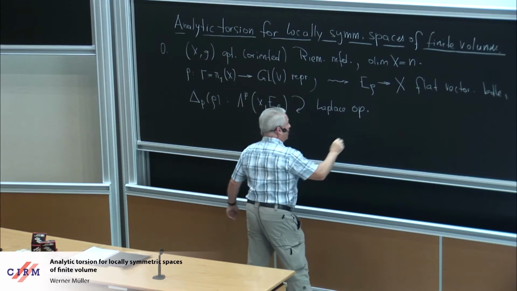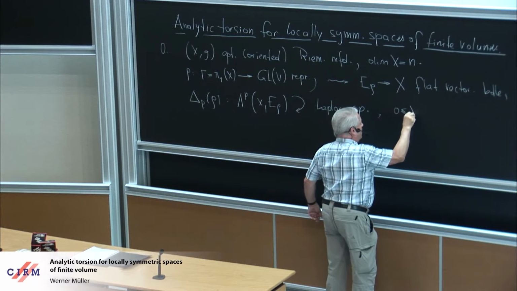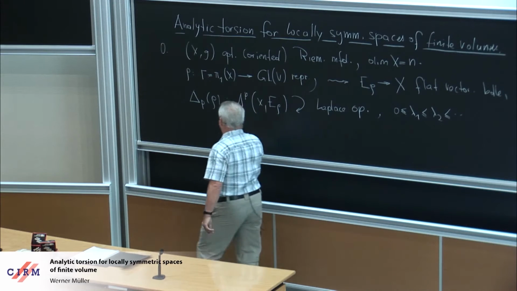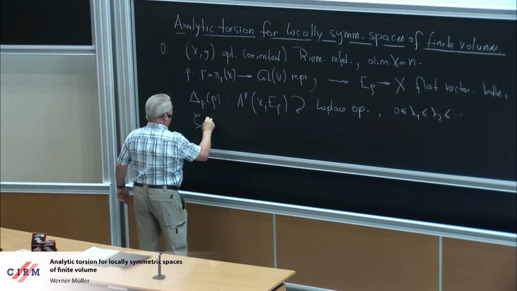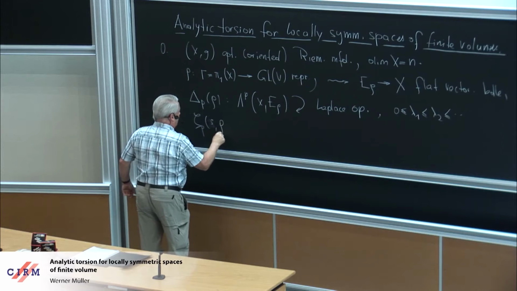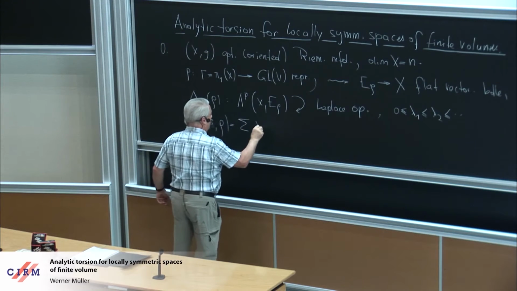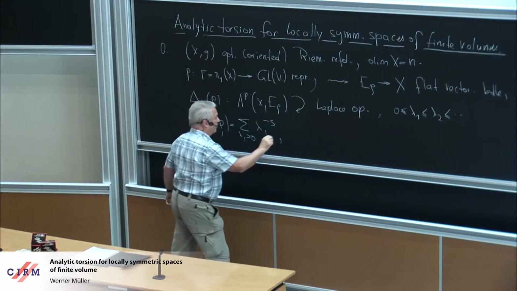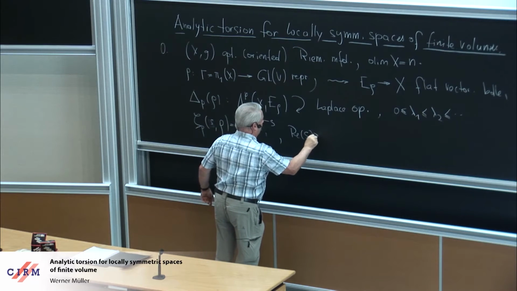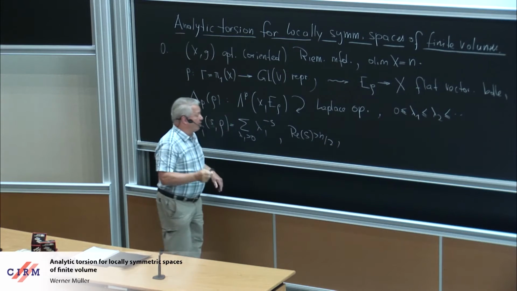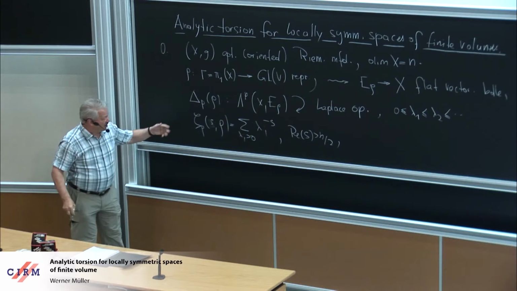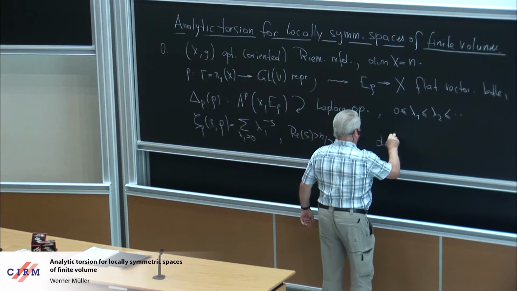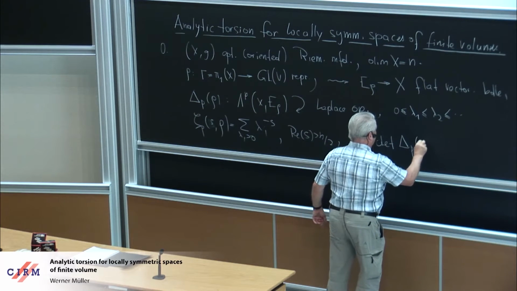As we know, this operator has discrete spectrum consisting of a sequence of eigenvalues. We form the corresponding zeta function, which converges in the half-plane real part s bigger than n over 2, admits a meromorphic extension to the entire complex plane, which is holomorphic at the origin, and then you define the so-called regularized determinant of this operator by the following formula,